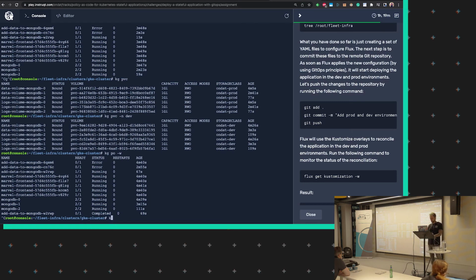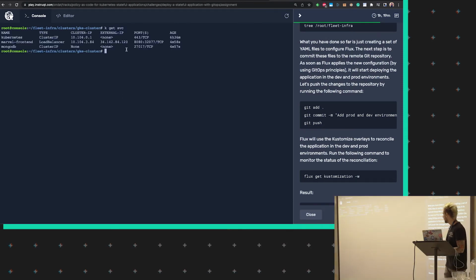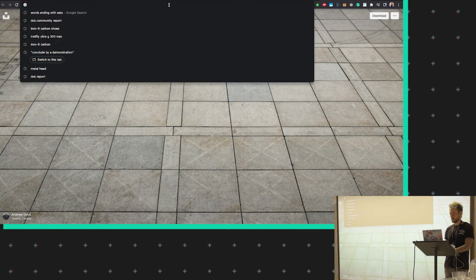Now I can just check the service, and we're going to check if the application is working properly. Here you go. Now you can see the public external IP has been populated by GKE. The application is running on port 8080. So if you open a browser now,